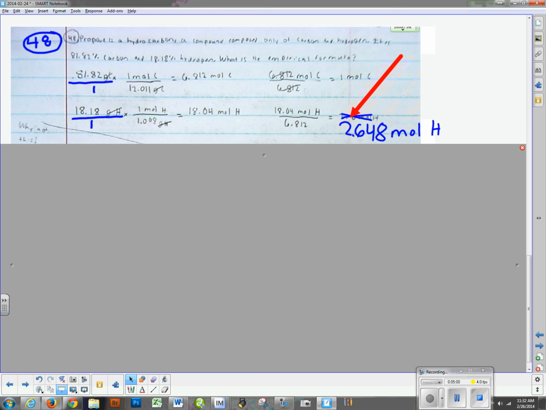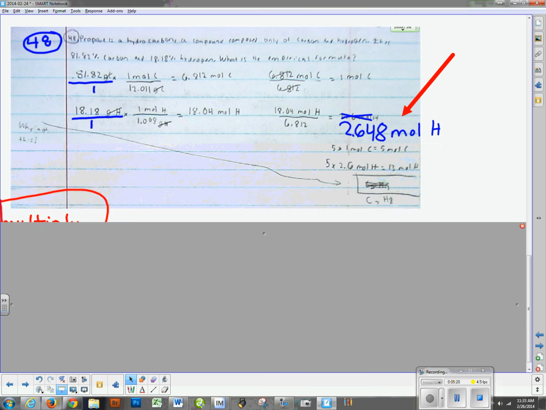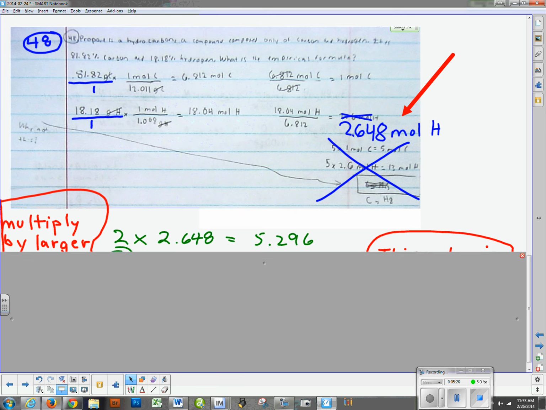So our challenge is to multiply this one and this one, in this case 1 and 2.648, by whole numbers, and that would start with 2. So what we did down here, and you can just kind of forget what the student did in here, he got a little confused. So we're going to just continue on down a little bit. So when I multiply this stuff by 2, we get